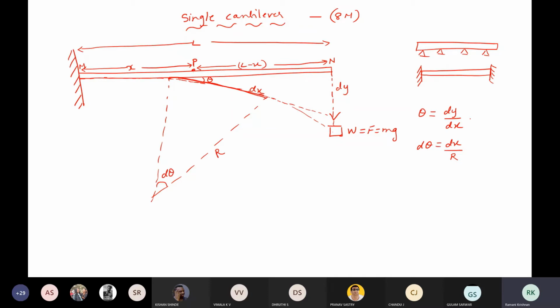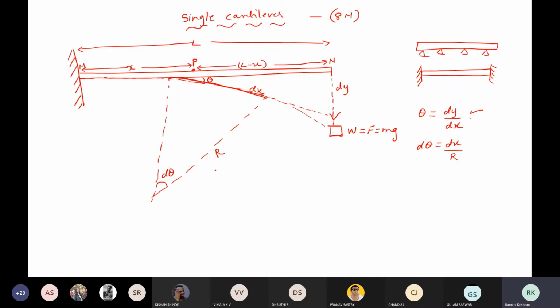Okay. Students, are you understanding this? Just opposite by adjacent side. So theta is the depression on the beam at the point P, and I have drawn a tangent, so theta is dy by dx. And d theta is dx by r, where r is the radius of the imaginary circle of which the beam is part. We saw this in the previous class. So with this, let us start.